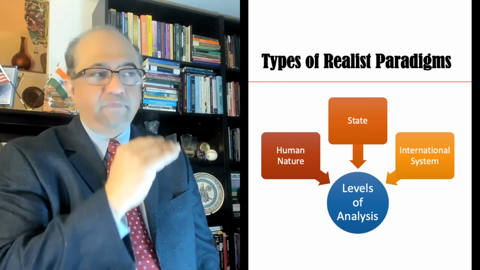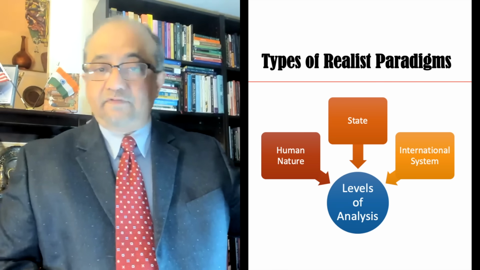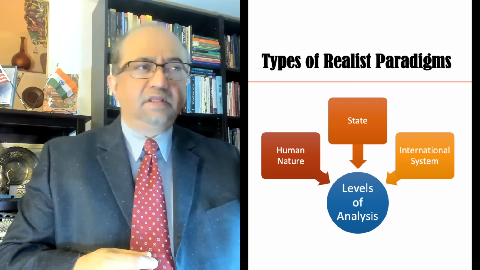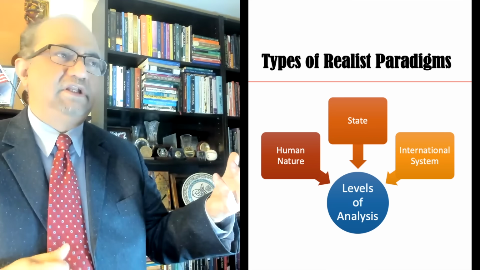یہ بیسیکلی 3 قسم کے ہیں۔ اگر آپ لیول آف انالیسس دیکھیں، یعنی کس لیول پہ انالیسس ہو رہی ہے، تو ایک لیول ہے جو انڈیویجول کے لیول پہ ہے، یعنی ہم اسٹیٹ کا بیہیویئر اور سسٹم کا بیہیویئر ہیومن نیچر کے بیسس پہ سمجھتے ہیں، کہ انسان کس قسم کے ہوتے ہیں۔ تو ہیومن نیچر کے بارے میں ریئلسٹ کا ازمپشن ہے کہ وہ بہت سیلفش ہوتا ہے، ڈرپوک ہوتا ہے، خود غرض ہوتا ہے، بہت ہی پیسمسٹک ویو ہے۔ وہ اپنی ہی پلیٹ پر روٹی کھینچنا چاہتا ہے، دوسروں کا خیال نہیں رکھتا۔ تو اس طرح کا جو سیلفش، فرائٹنڈ، ڈرا ہوا انسان ہے، اسٹیٹس بھی ویسے ہی ہیں۔ تو وہ ہیومن نیچر کو لے کر اسٹیٹ پر پروجیکٹ کرتے ہیں۔ تو اگر آپ اسٹیٹ کا بیہیویئر سمجھنا چاہتے ہیں تو آپ اس کو انڈیویجول کی نیچر سے سمجھ سکتے ہیں۔ تو یہ اوریجنل کلاسیکل ریئلزم تھاٹ تھا۔